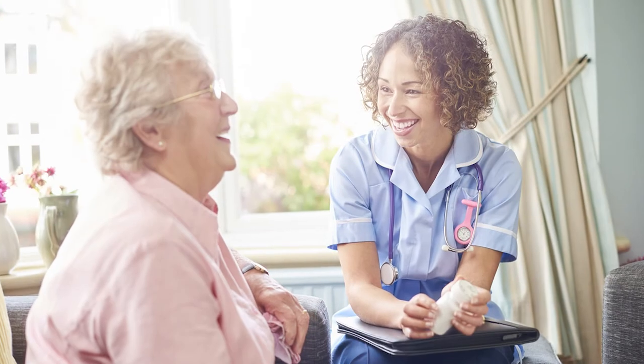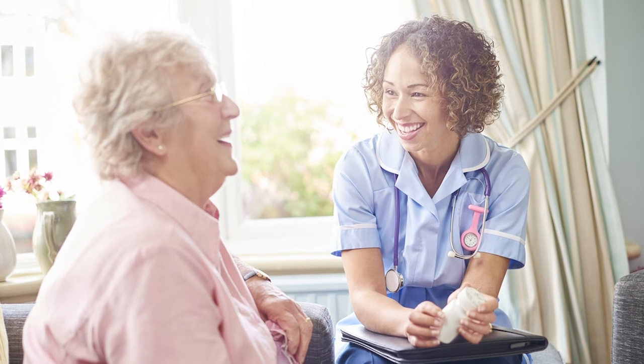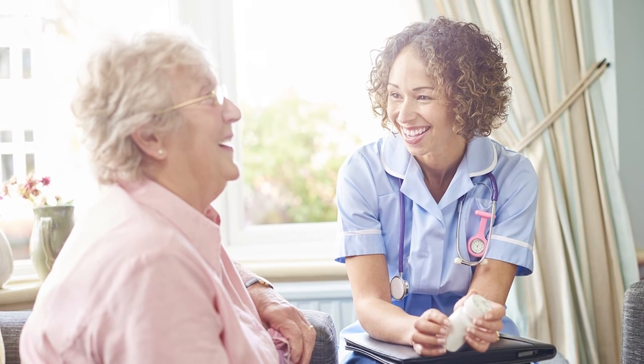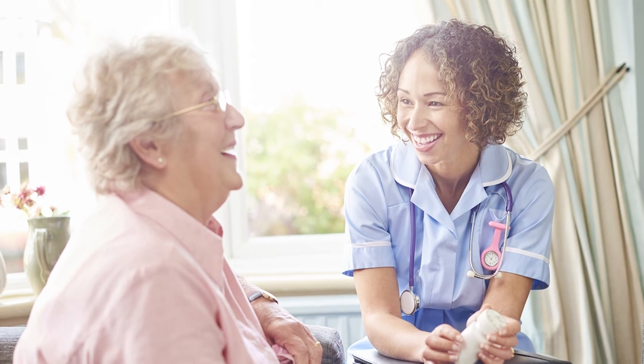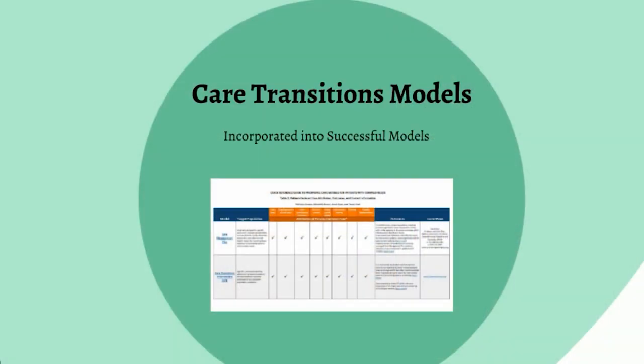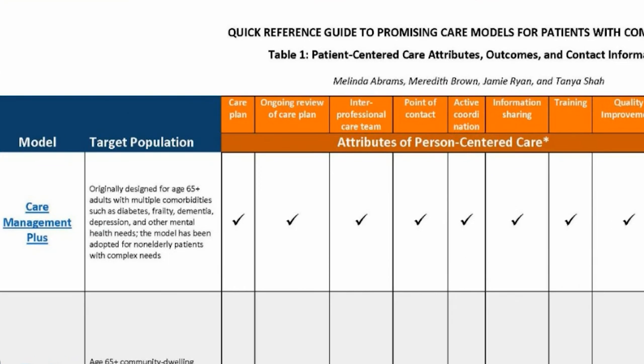The key to making a care transition successful is to always put the person first, whether it is from hospital to home, home to hospital, or community to a rehab clinic. The person plus the team the person identifies are the decision makers. Successful care transitions models incorporate some or all of the person-centered care elements. It is important to always endeavor to improve care and consider new approaches based on best practices.